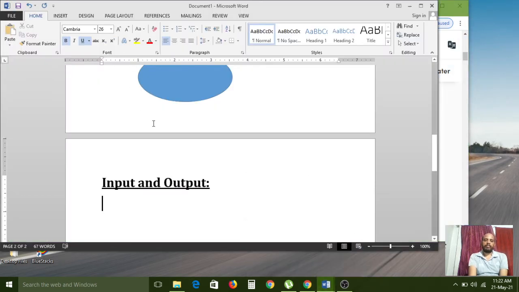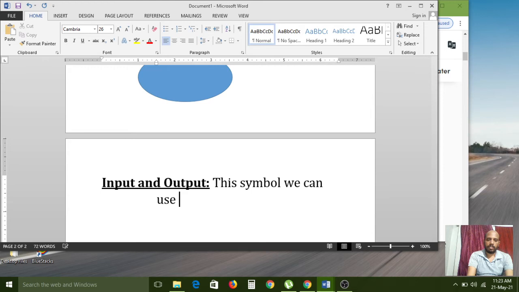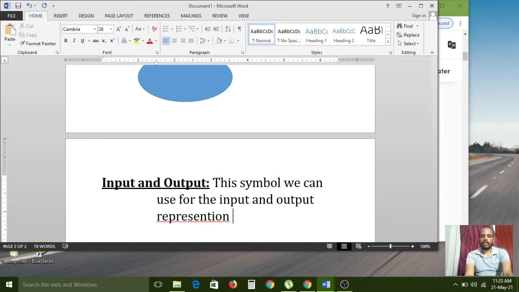Here also it is the same thing. This symbol we can use for the input and output representation purpose in flowcharts, because all these symbols we can represent in flowcharts only.